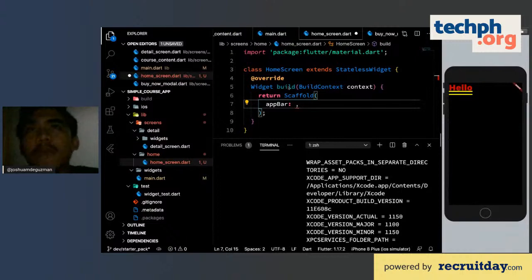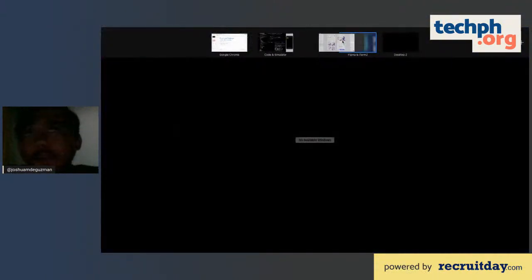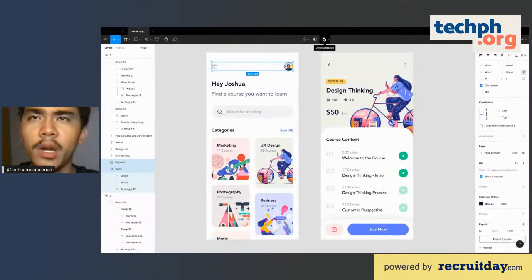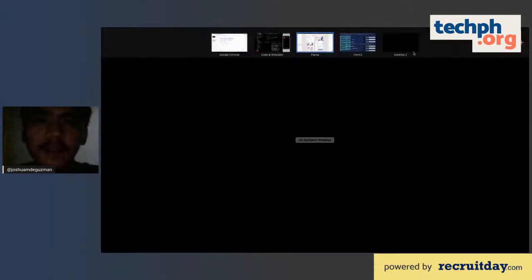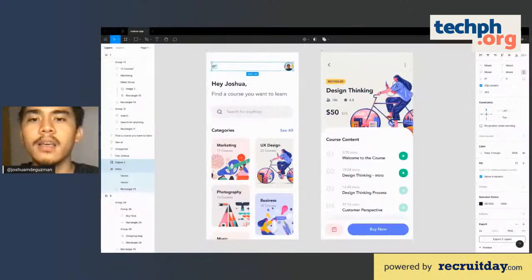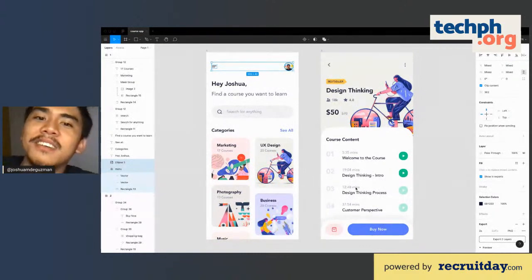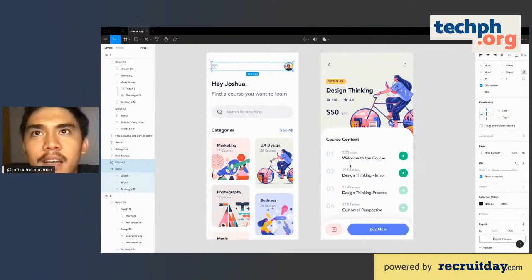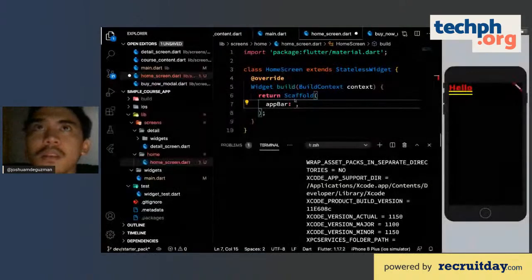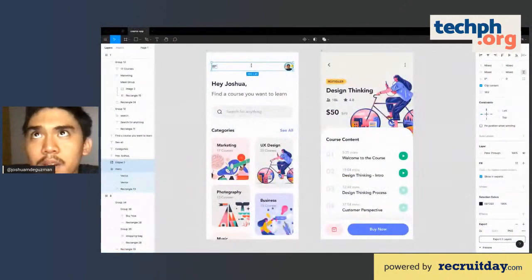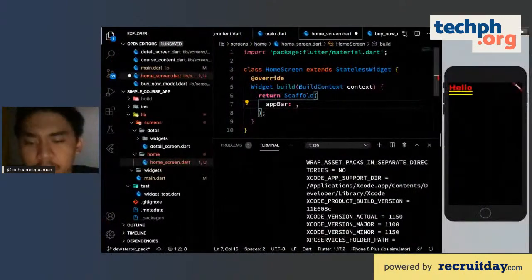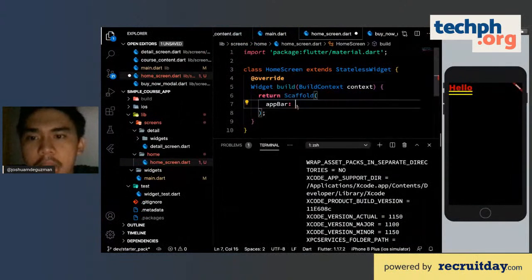So the first thing that we have to consider adding. This is the typical setup, especially at work: you have design specs, and you have the developer that works on the actual implementation of these designs. So you can think of it as we're actually building the app together, with the design created and provided by the designer of this Dribbble prototype. Just have to create the app bar for this one. As you can see here, it's on the very topmost part of the screen. Just have to create the app bar.